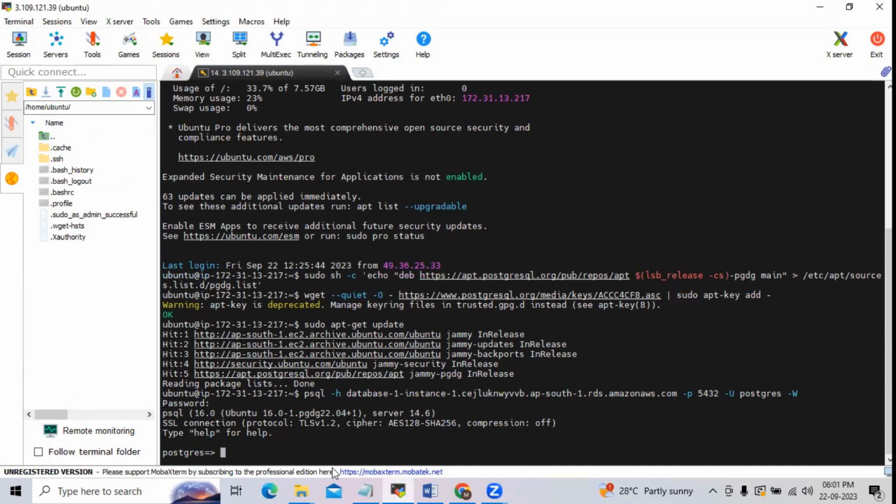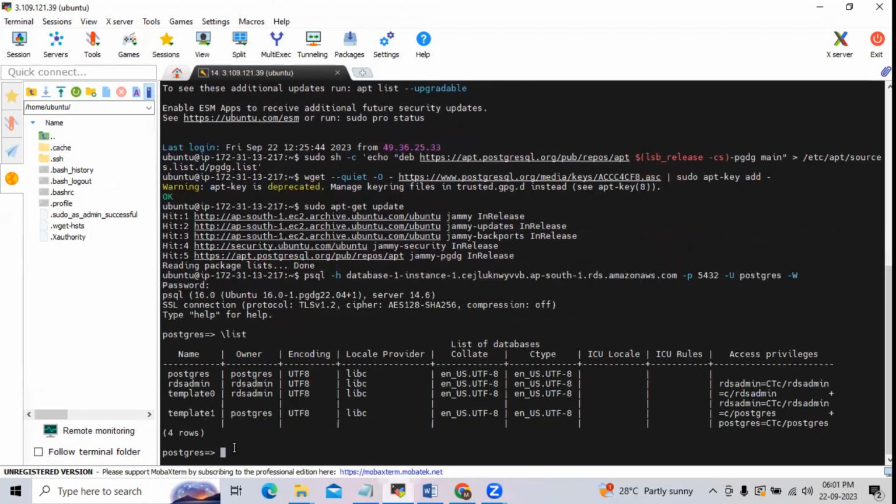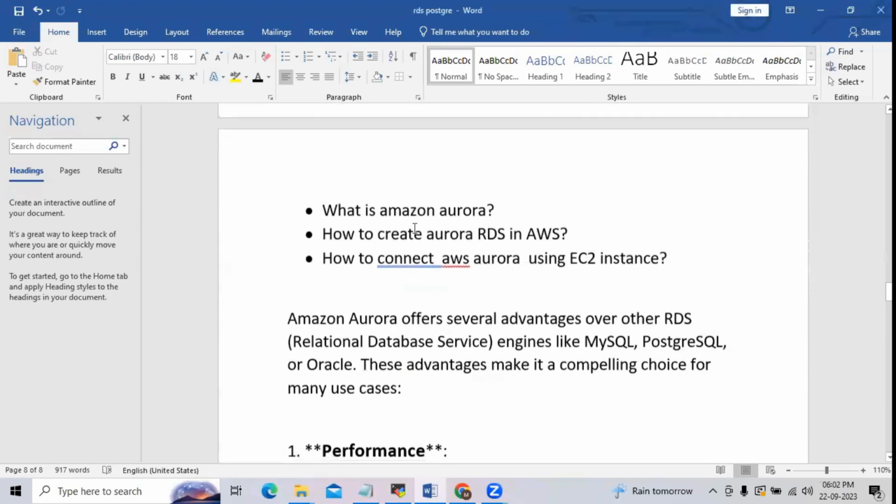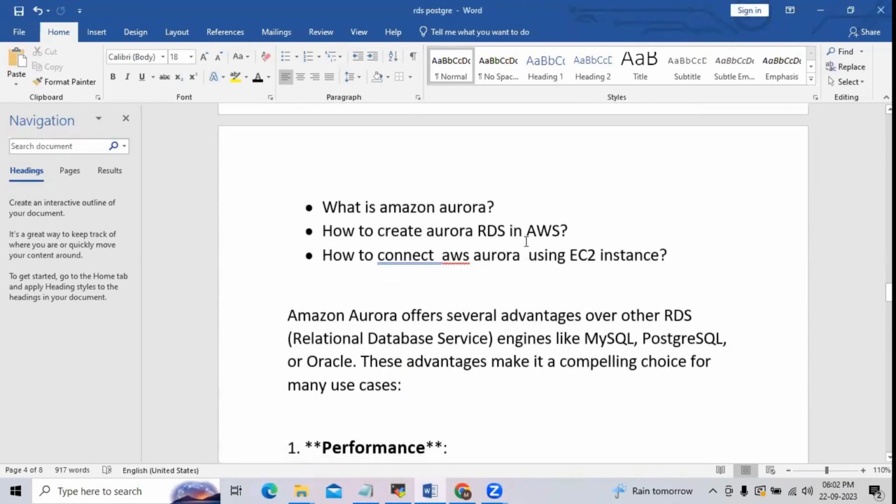Okay. So here our PostgreSQL is connected through the instance, which is an Aurora based database. So here we will give the command \l and then enter. So here you will get the details of your machine version. In this way, we have seen what is Amazon Aurora, how to create it in the RDS,